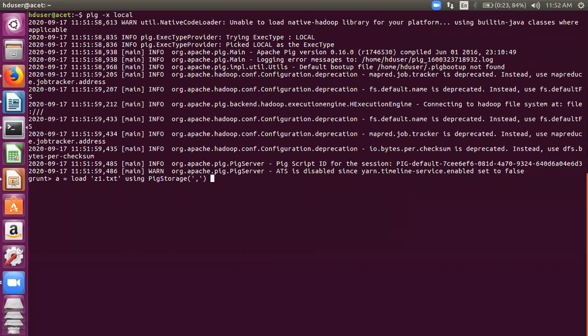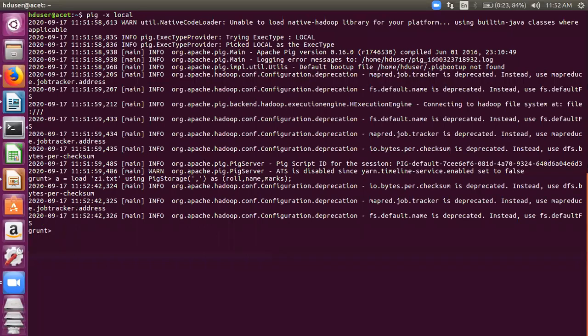Then if you wish to give a schema, you can give a schema. You can give a schema without data types also. In that case, the default data type would be, Mani, what would be the default data type? Byte array. Byte array, fine. So I've loaded it like this. If I now describe the schema, you will see that byte array is the default, and it is assuming your file to be comma separated values.